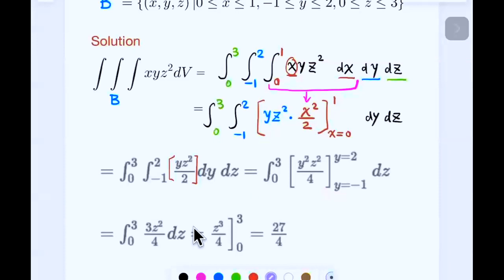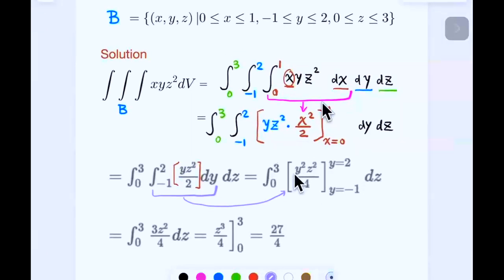Yes, we're going to do the integral over here, and then that will become this. And continue this way, and then we evaluate the outermost integral, and you got this. And finally, the answer here will be 27 over 4. Geometrically,